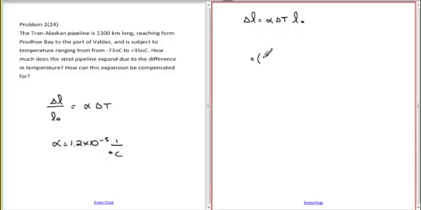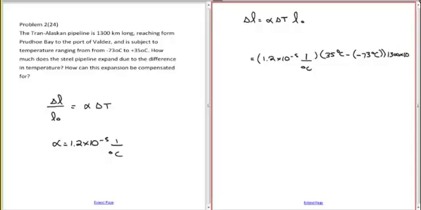Pretty simple. Plug in the numbers. Alpha is 1.2 times 10 to the minus 5, 1 over degrees C, times delta T, which is equal to 35 degrees C minus negative 73 degrees C. And then you multiply by the initial length, which is